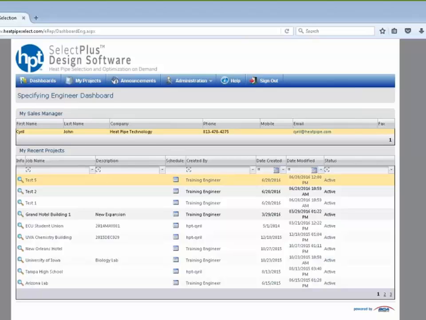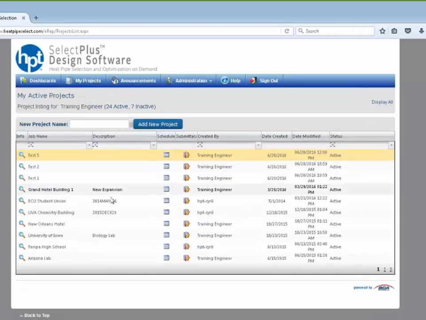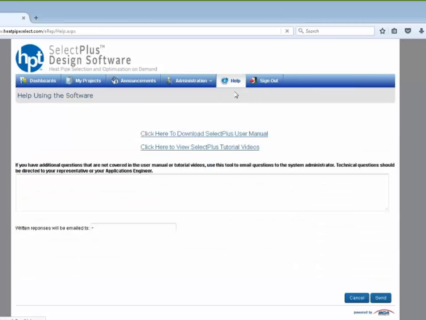Here's your dashboard screen. You'll be able to see all the projects you've previously worked on, and you'll be quickly able to jump right back into the project by just clicking this Open Schedule button. It kind of looks like a calendar. You can also click My Projects, which is where you go to create a new project. You have announcements, administration, as well as I want to highlight the help section in which you can download the